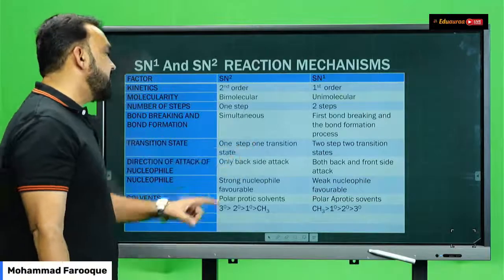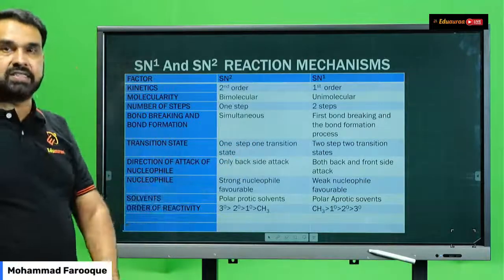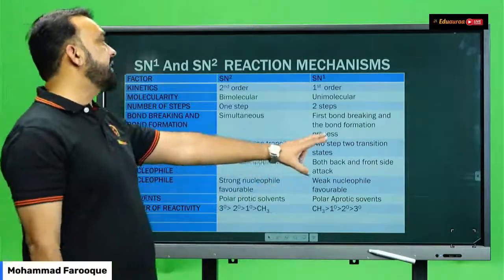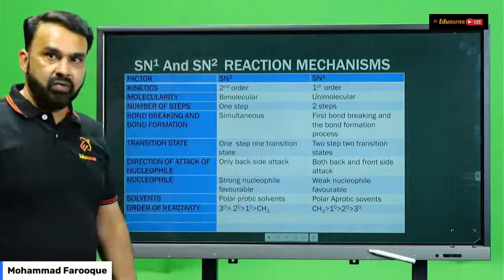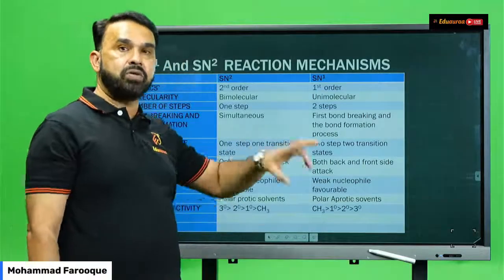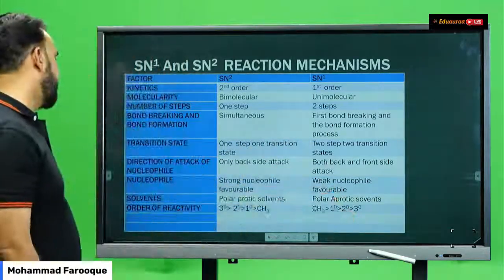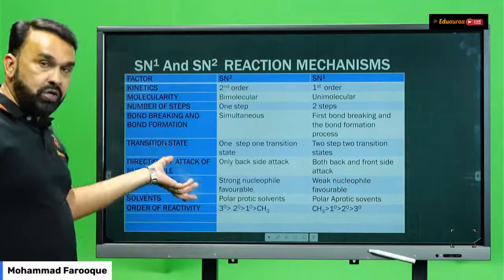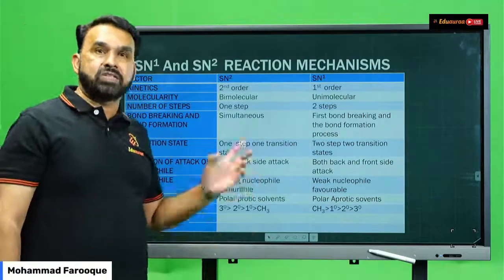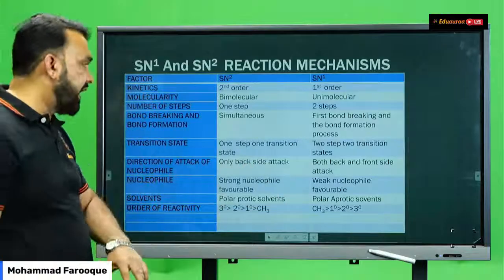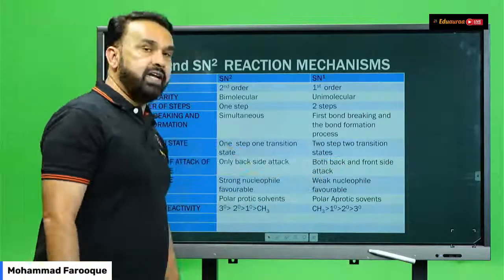In case of SN2, there is only one transition state, whereas in case of SN1, there are two transition states because it's a two-step reaction mechanism. Okay. The nucleophile in case of SN2 attacks only from the backside. That you know why. In case of SN1,